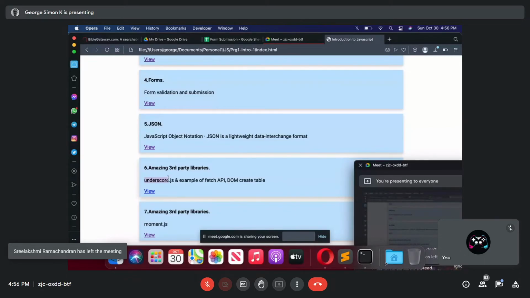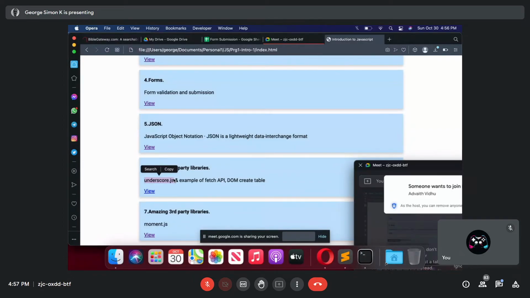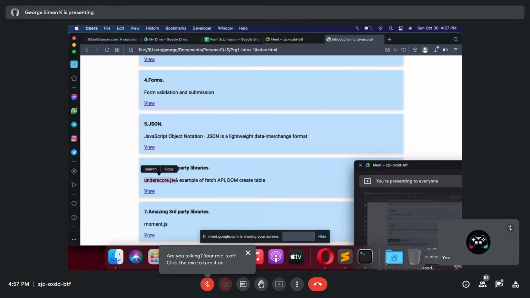Underscore.js can work on array much better than the JavaScript array. It's basically a modified version of the array. They have array methods here. There are a few other third-party libraries called Moment.js for date functionalities. The list goes on, maybe much more than 100.